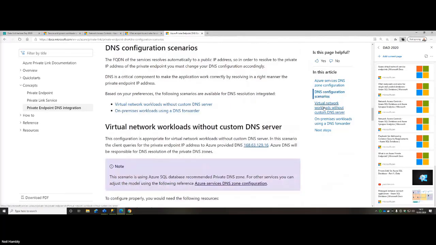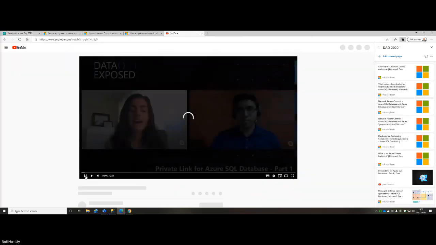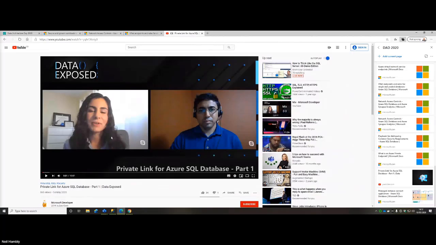So here's a couple of different ways of setting that up, and how it all looks. It looks up the DNS addresses, gets the right IP address, the private one, and forwards that on, and then you're doing just private traffic. And I think there's a little video by Anna and Rohan around actually delivering this new service. That came out a few days ago, actually 2 days ago, yeah.